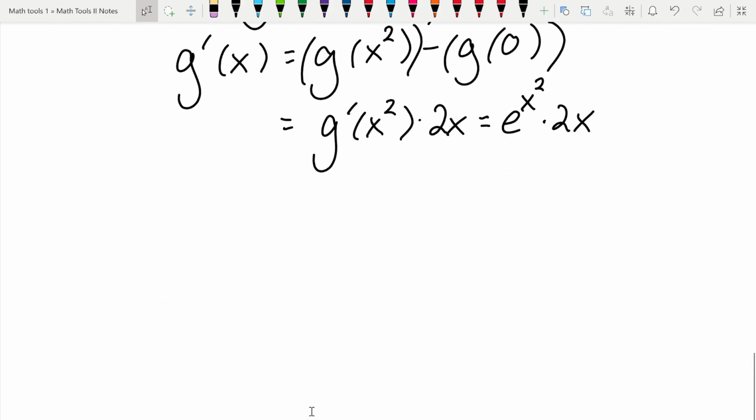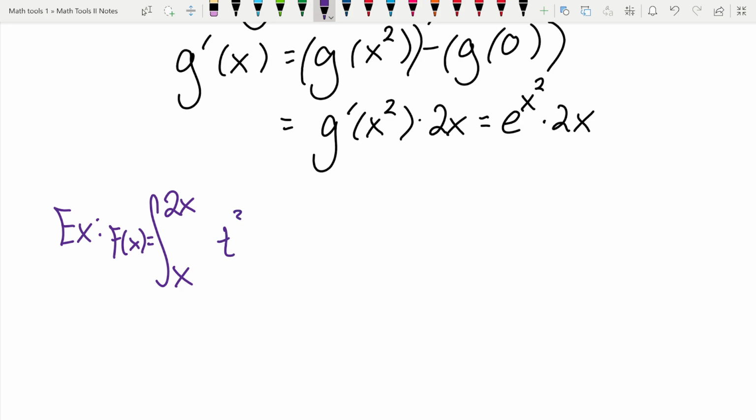This also shows us a way to do this if you don't have a constant as your lower bound, like we do in the statement of the fundamental theorem of calculus part 1. Okay. So if we let f of x equal the integral from x to, sorry, let's just do x to 2x of t cubed dt. If we want to find f prime of x here,